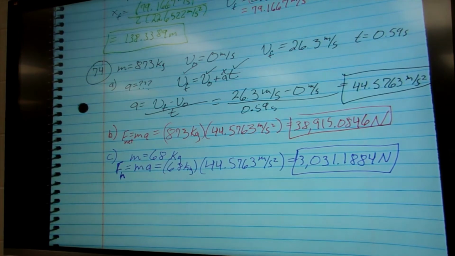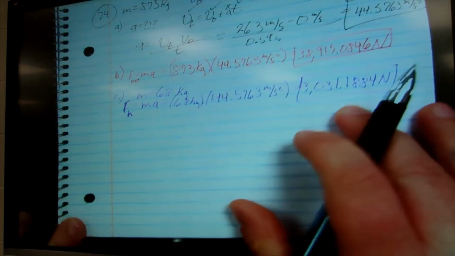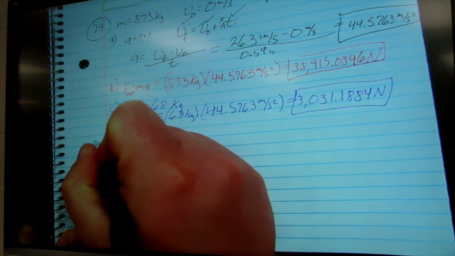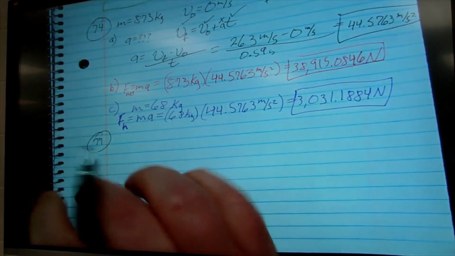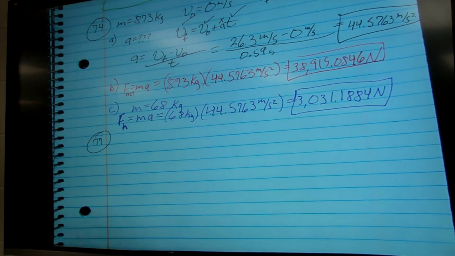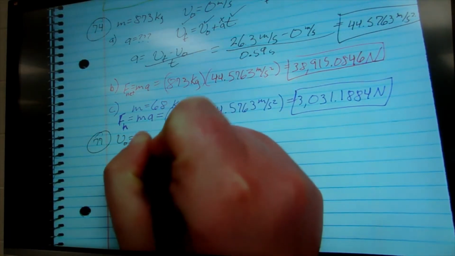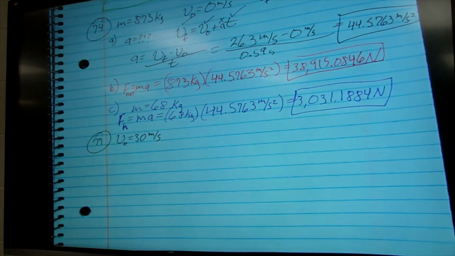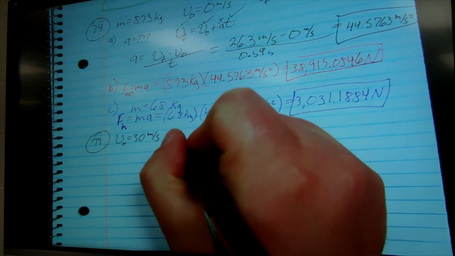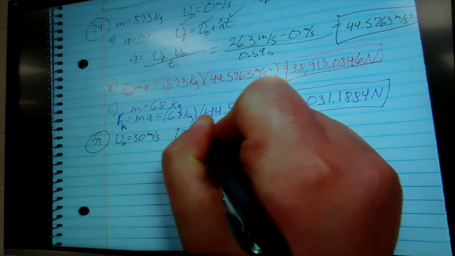So in this, jumping up here, let's start looking at 77. Alright, so number 77 reads, as a baseball is being caught, its speed goes from 30 meters per second, so I have an initial velocity, 30 meters per second, to 0 meters per second. So I have a final velocity of 0 meters per second